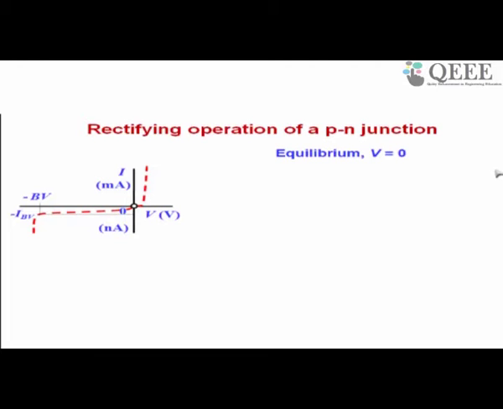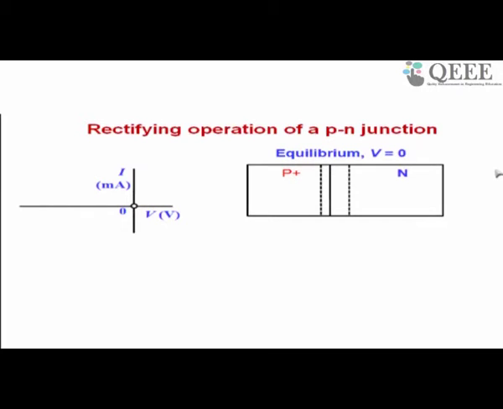How does a diode look like under this case? So here is the picture. Let us take a P plus N junction. Left hand side is heavily doped P type, right hand side is lightly doped N type. Now this is the junction here. You see we have a region that is called the space charge region near the junction. Let us explain why this space charge region forms.